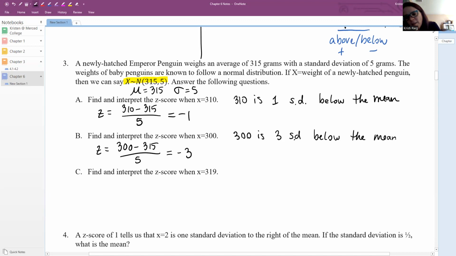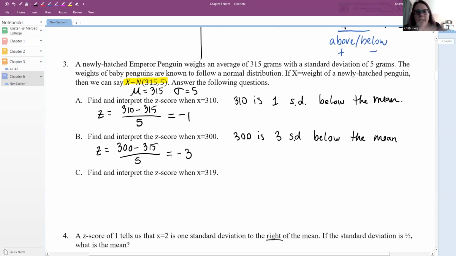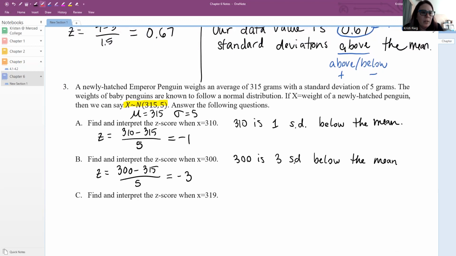As I'm writing this out, I just remembered, sometimes I can't remember what the homework software does. It might say to the left. Oh yeah, I looked at it, right here, to the left or to the right. So let's go back and change some of those words, because if it says below, again, this is a number line. So below the mean is to the left. I just wanted you to see the same vocabulary that you're going to see on the homework. Okay, so below means to the left